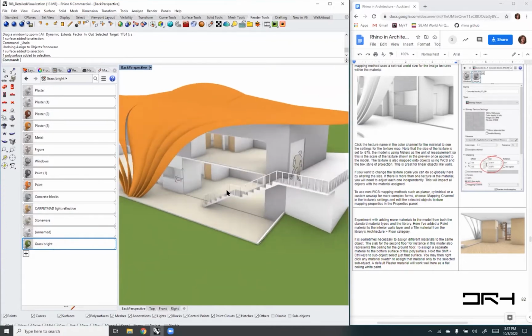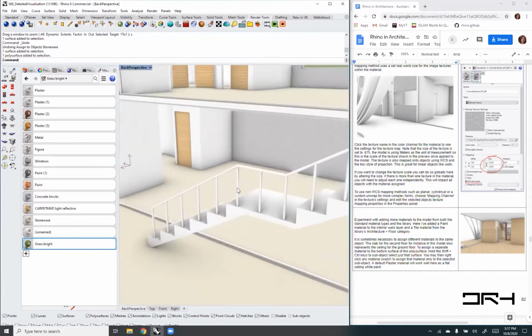There's one thing to notice, like in some of the objects we have are blocks. For example, this is actually a block. And the way to assign material in a block, you need to edit the block itself. So you have to go block, edit,